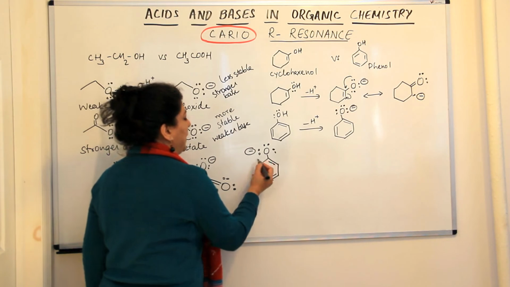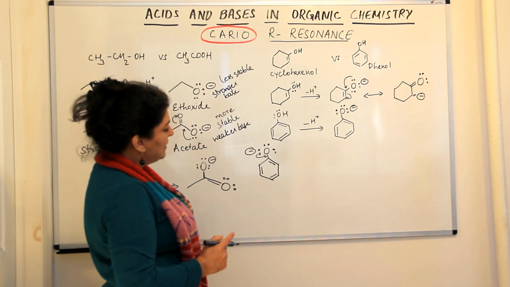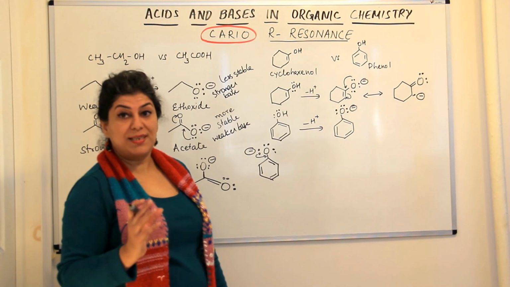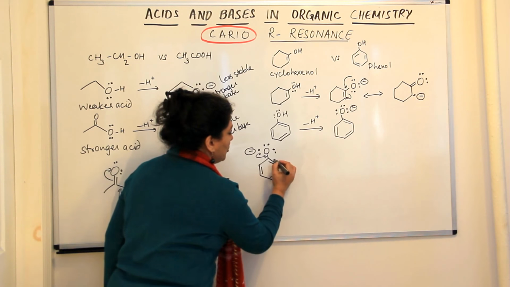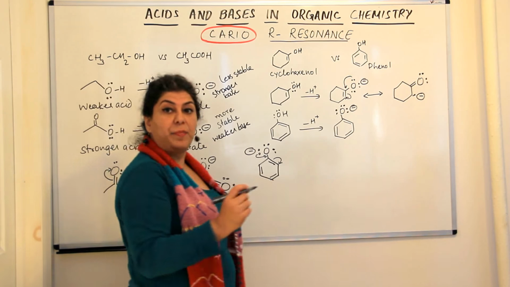Now one pair of electrons from here shifts here. And as soon as it does that, this carbon now has 5 bonds and that would not be stable. Therefore, the pi electrons of this bond are pushed to the next carbon atom,